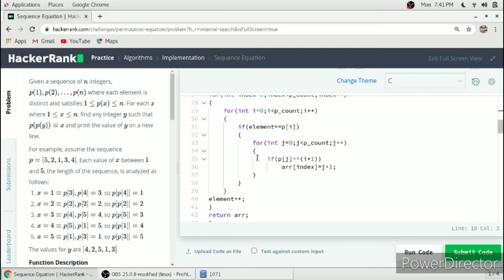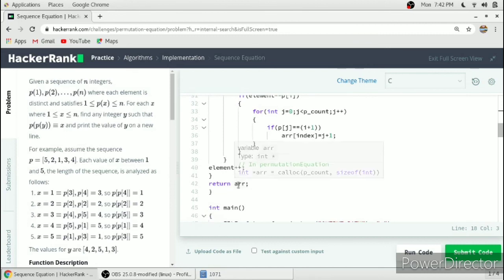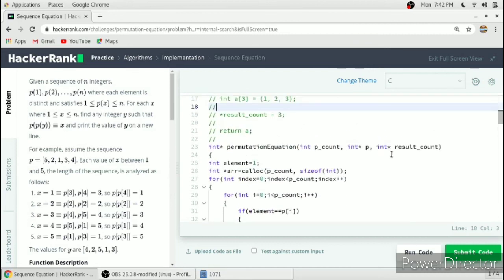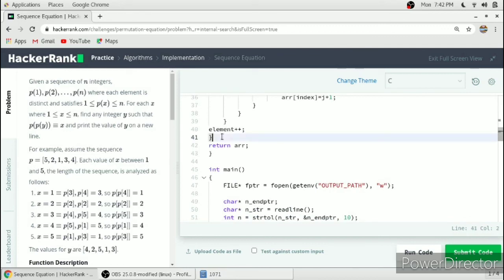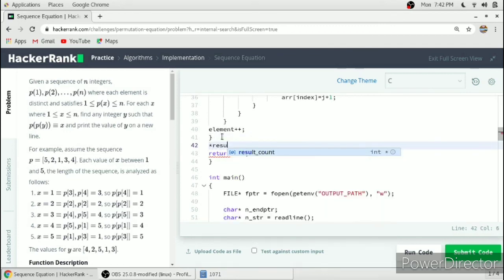We will increment I plus 1 here, check at what location it is, and then introduce our element in our array ARR at index, initial position. First iteration, index will be equal to 0, will be introduced in our array, and after all the operations we have to return ARR, and the result count will be equal to p count. That we also have to do.